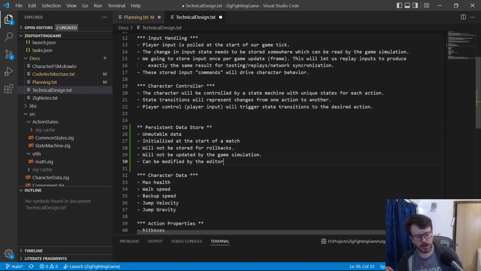Okay. Now, since this persistent data store is something that's used for characters, for actions, actions can have any number of hitboxes. They can have any number of hit properties, sound effects, et cetera. Did I write anything about that yet? No. So,